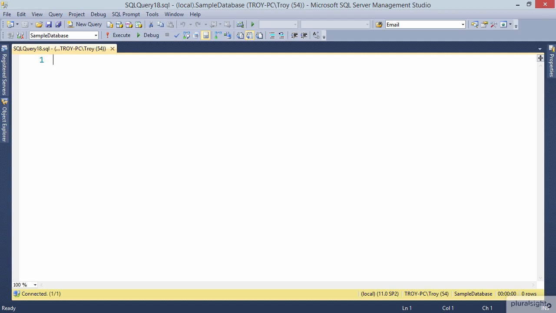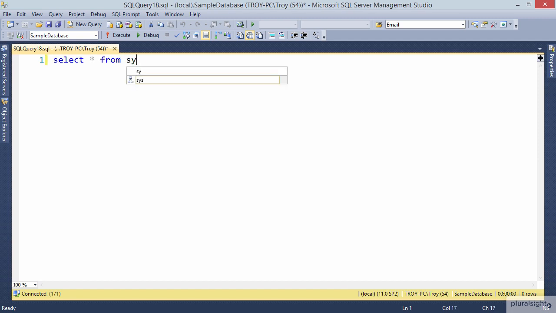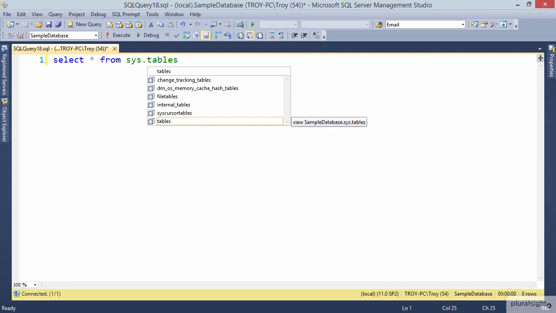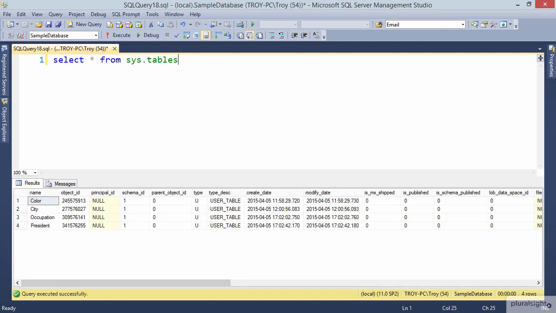One of the really neat things about SQL Server, and indeed most database management systems, is that you can query the system itself to discover internal implementation details. So for example, we can run a command such as select star from sys.tables. And when we execute this, we will see all of the system tables, which in this case appears in the